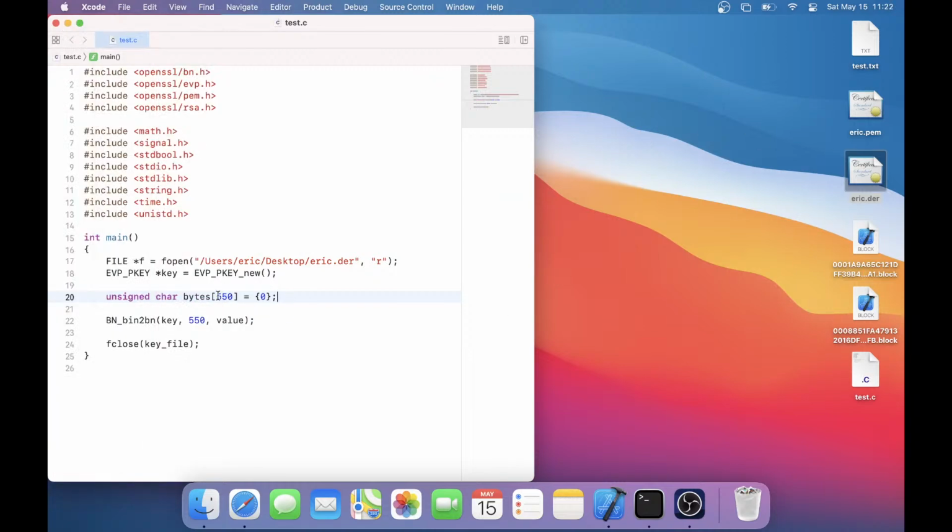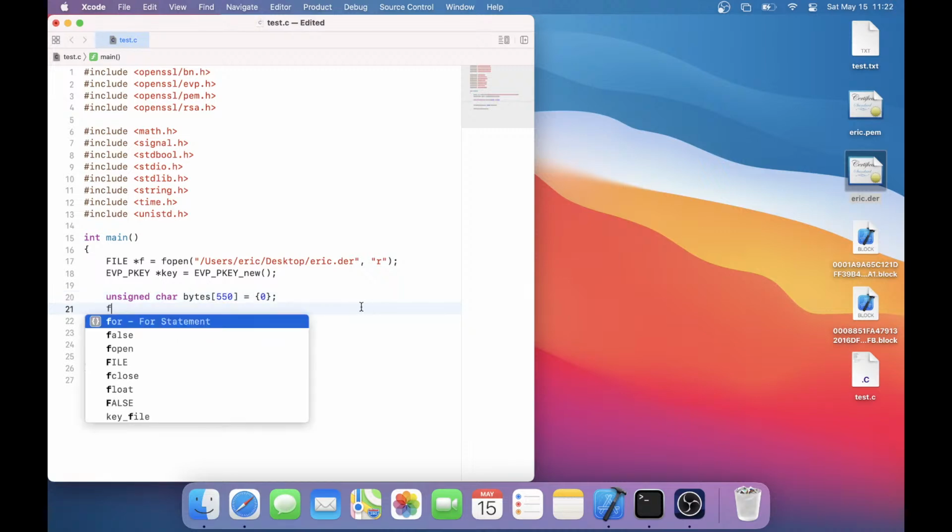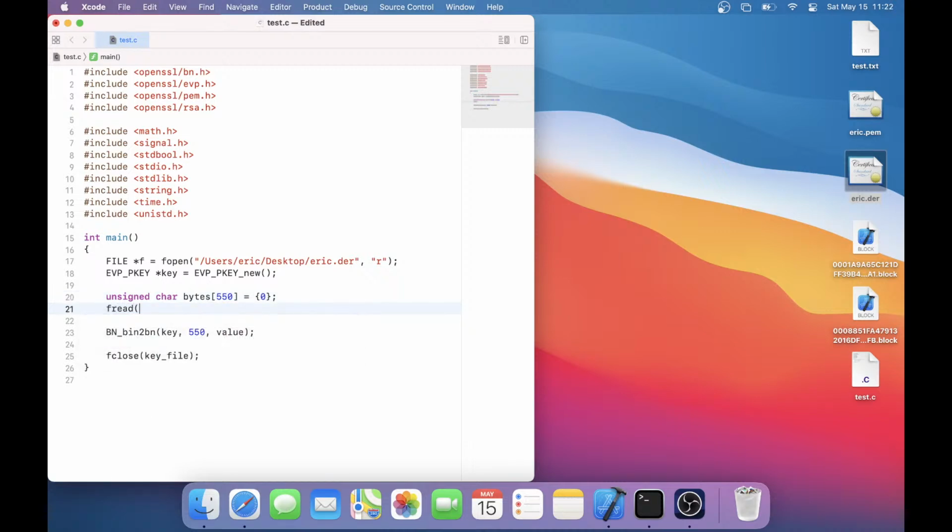So I just happen to know that number. And we're going to fread into bytes, 550 bytes once from f, and we can close f, and now we should be able to do